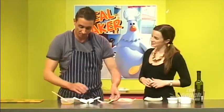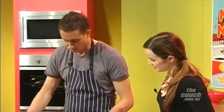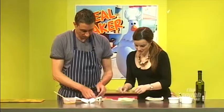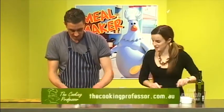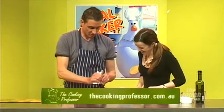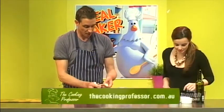But frying them, as long as you don't do it every day, is a tasty way to have them as well. Okay, lovely. So I'll just make up the last one here. I've made a bit of a mess, apologies. Okay, so for this chimichurri dressing, what we've got is equal parts of balsamic vinegar and red wine vinegar,